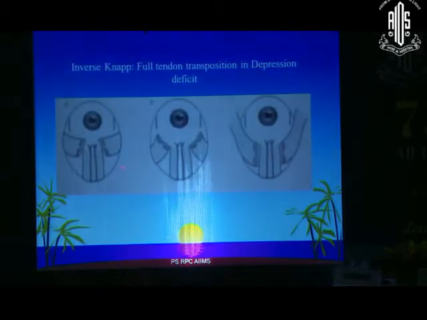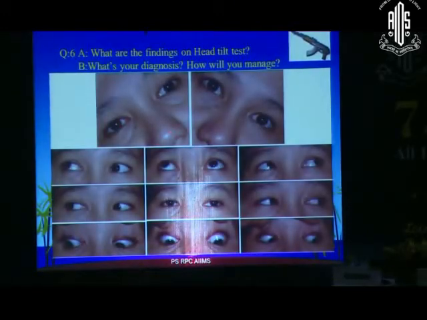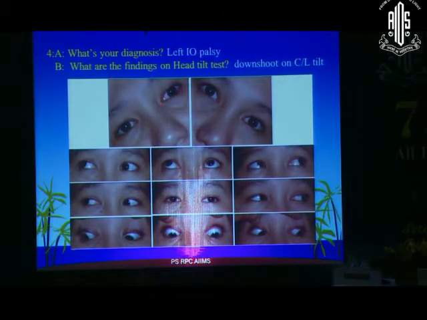And these are like blowout fractures, inverse Brown, somebody said. This is a case in which you will see an underaction of the inferior oblique. And if you do a head tilt test, there is a downshoot. See that? Opposite of superior oblique palsies. Rarely inferior oblique palsies also come across, and you can do a head tilt test to differentiate. And after the surgery, we can do it.